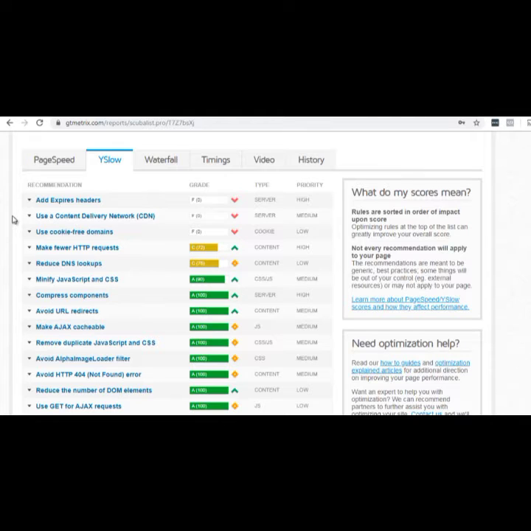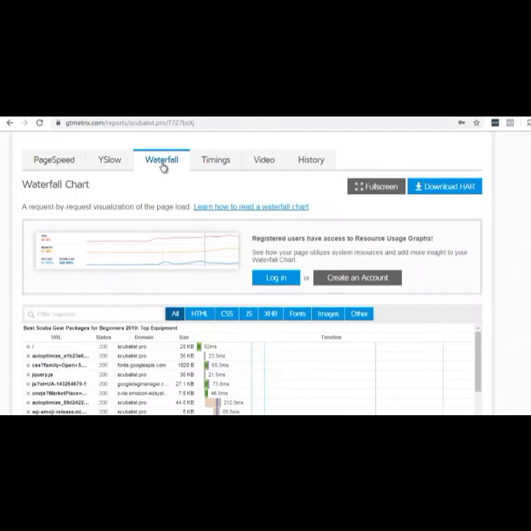But if we just go through and take a look, you can see this one got a C. It says minified JavaScript and CSS. So a lot of this can actually be done via a caching plugin, which we'll talk about in just a minute. So if we click on waterfall,